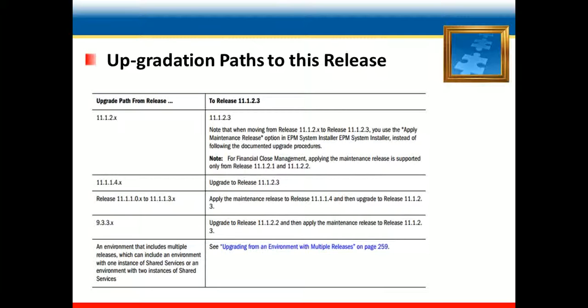we have to note that for Financial Close Management, applying the maintenance release is supported only from EPM 11.1.2.1 and release 11.1.2.2.